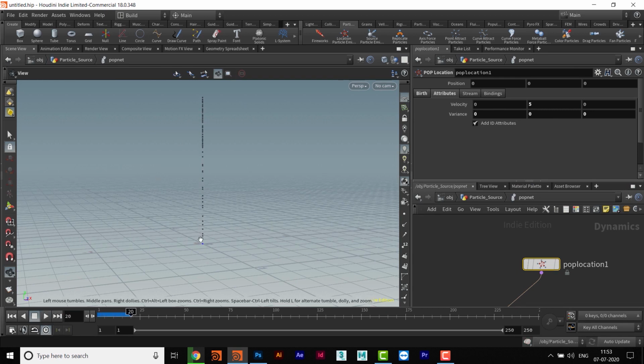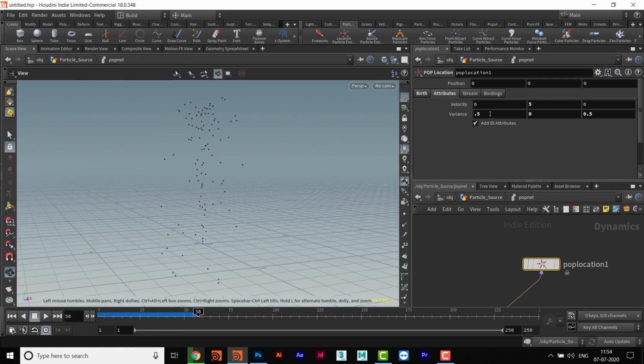Now the next thing, I want some sort of variation in the direction of the y. For that, I will not give velocity to x or z, I will give some variance in x and z. Variance means that it can go to either positive or negative direction. So I will give maybe 0.2 here and then 0.2 here, not in the negative y-axis. A little variance will be here like this, and then we can increase this value to 0.5 and then 0.5 and then 0.5. So there'll be more